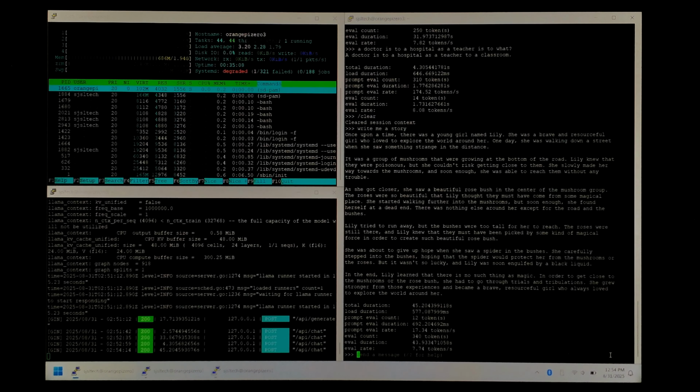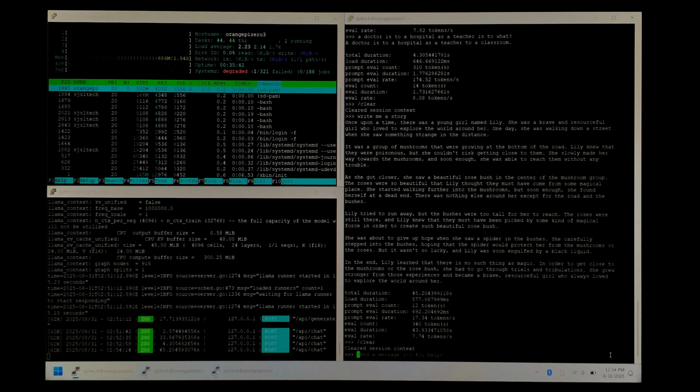So it is a bit of a weird story, but it is semi-coherent. I would say that's a pass in my book, but not a very good story. And we were still getting 7.74 tokens a second, so pretty quick. I'll clear the context window once more, and I think we'll try and get it to summarize a block of